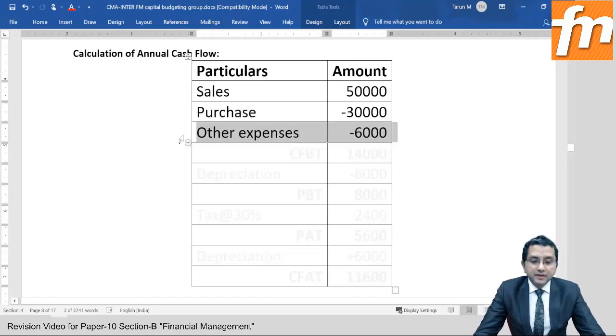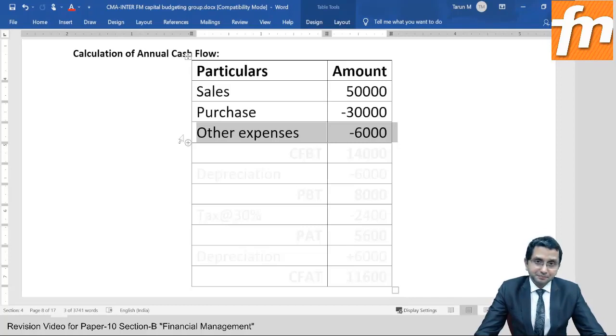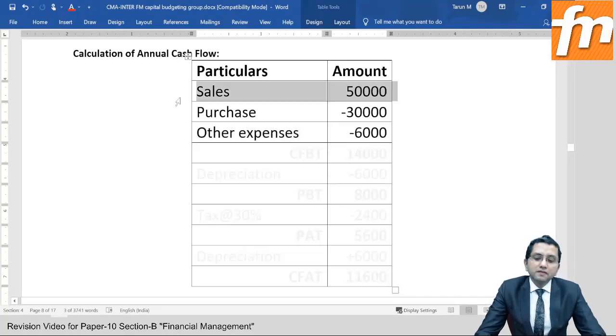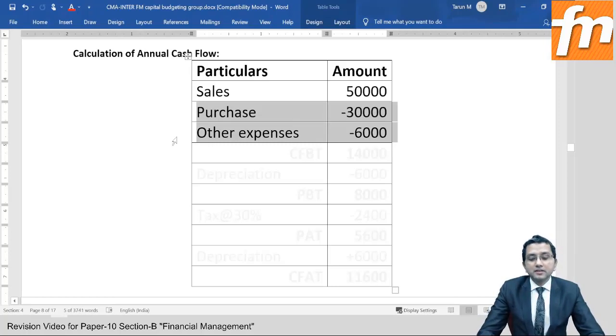Besides, I have some other expenses, salary, rent, electricity. So you can call it factory overheads, administrative overheads, selling overheads, etc. So when I pay for other expenses, it is also an outflow of cash. So inflow in most of the question will be in the form of sales, but outflow, in different questions, its